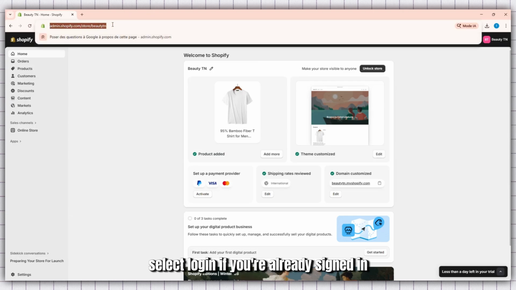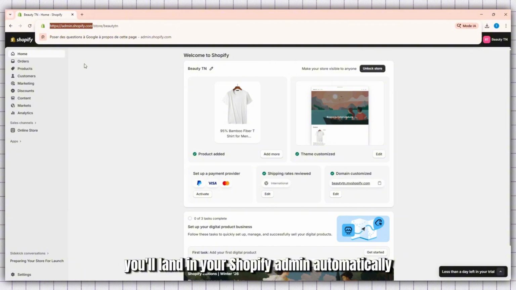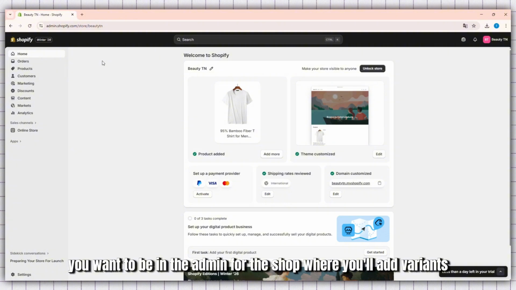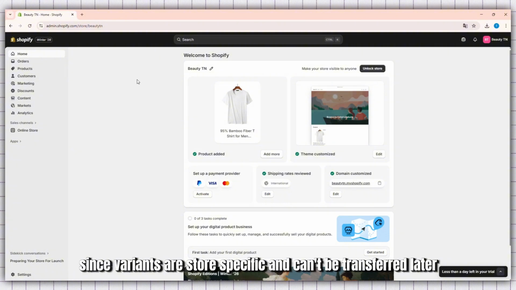On the homepage, select Login. If you're already signed in, you'll land in your Shopify admin automatically. If not, log in using your email and password or choose one of the available sign-in providers. Make sure you're accessing the correct store if you manage more than one. You want to be in the admin for the shop where you'll add variants, since variants are store-specific and can't